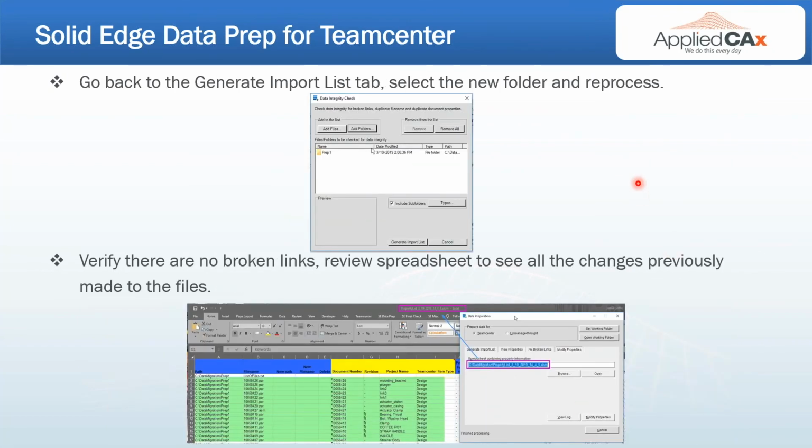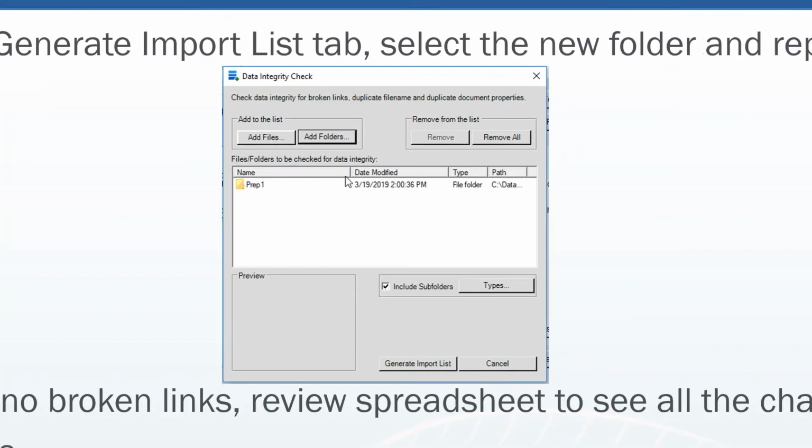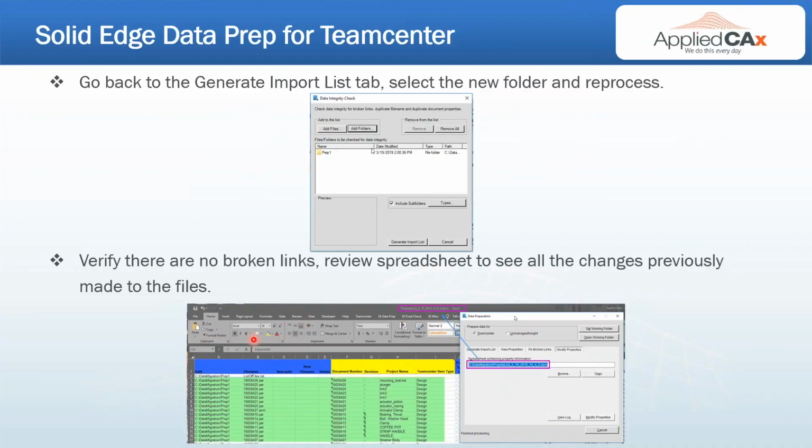What I like to do at this point, I just modified all the properties, I fixed the links. So the data should be good to go in Teamcenter, but I like to do one more check. I like to run it through again, just to verify the tools picked up all the links. And so what I do is I run the generate list again on my new folder and verify there's no